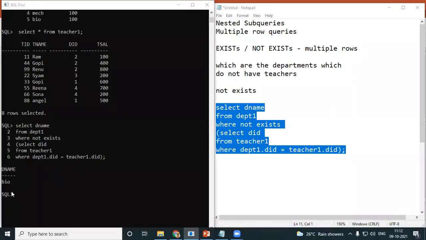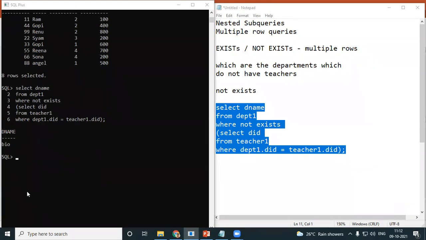I do get bio. Okay, so let's say I just do a bit of mischief. I'll just insert one more row. Insert into department1 values. I'm inserting one more: a department called 6, a department called commerce with a budget of, let's say, 500.